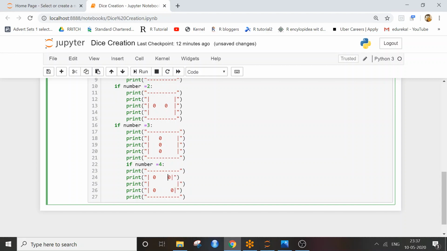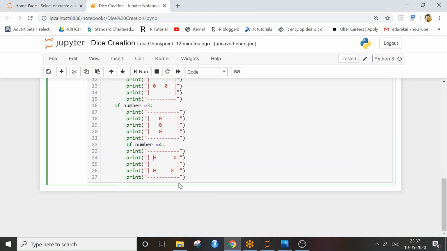Okay, let me add one here. So this designing and adjusting will take a few minutes of your time to design it properly. Yeah, this looks good to me.